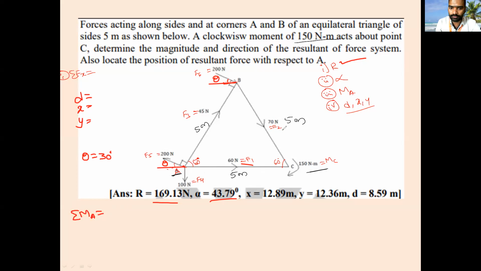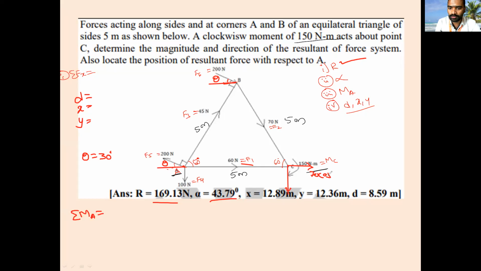Now, considering F2 force. This F2 force is making an angle 60 degree with respect to horizontal. So it is passing through the C point, correct? So what I will do, I will consider two components because it is inclined. One is in the downward direction and one is in the horizontal direction. We have to resolve it. So the horizontal direction, how much did it come? 70 cos.